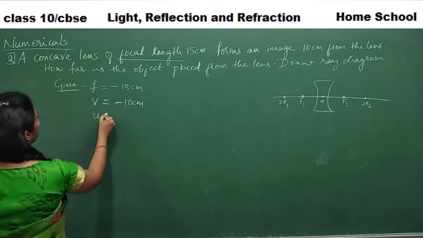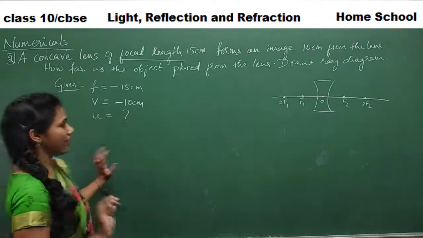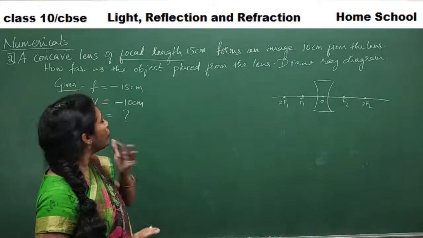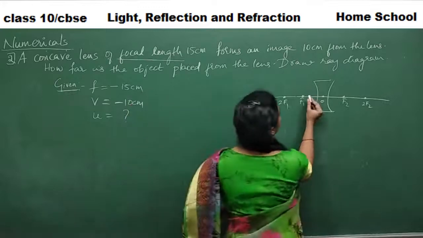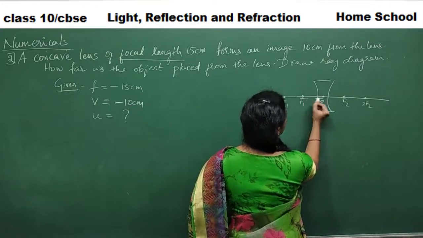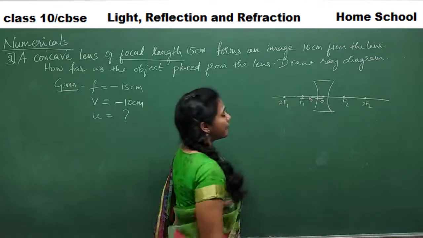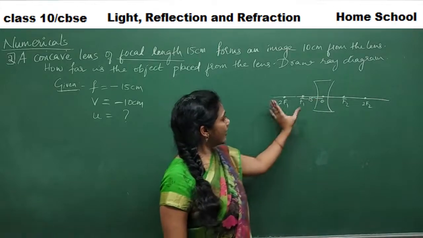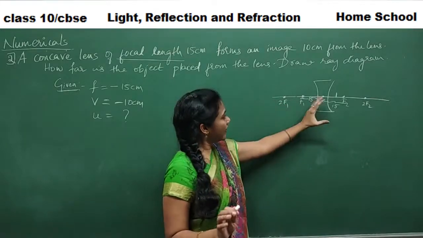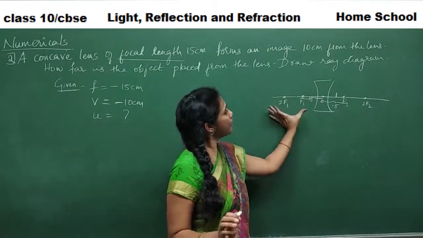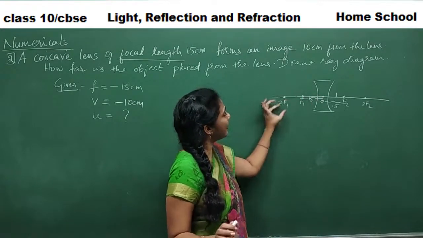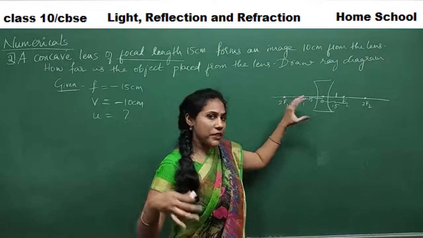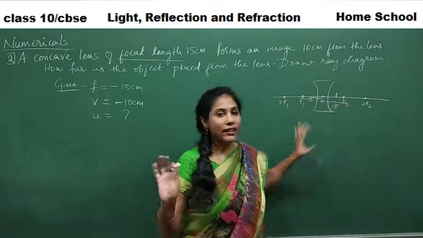And what they are asking you is the object distance, and you have to draw the ray diagram also. Okay, so what they have given here is the focal length. So this distance they have given you, that is 15 centimeter. Okay, so minus 15 centimeter is this side. And they are asking where the object is kept. So that definitely we know, object distance is from here to here. Maybe it is at 2F1 or it may be at F1, wherever it is. Now let us consider our object from that point only, and then draw the ray diagram.